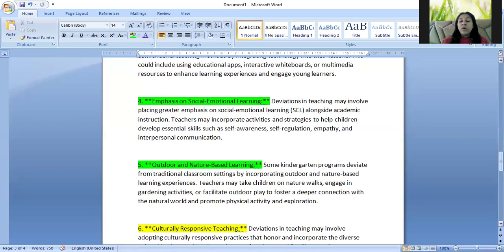Teachers may take children on nature walks, engage in gardening activities, and facilitate outdoor play to foster a deeper connection with nature and promote physical activity. More and more GMS should be there. Gross motor skills should be enhanced, and you can do blended learning also. You can merge your plans accordingly so that you can do your fine motor along with your gross motor. You can do your differential learning involving the gross motor. You can do your literacy involving your fine motor. So you have to do some blend so that the least distraction and more interaction is there